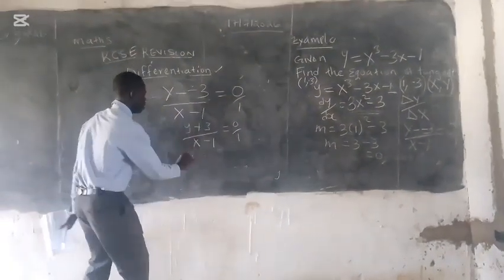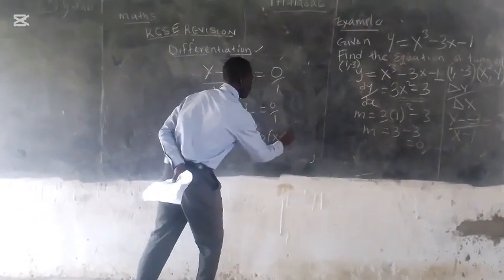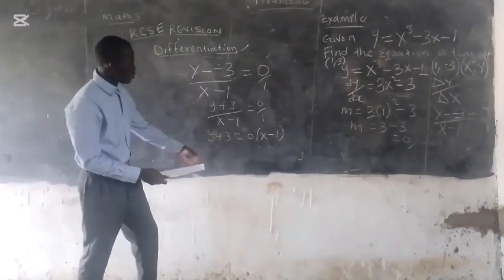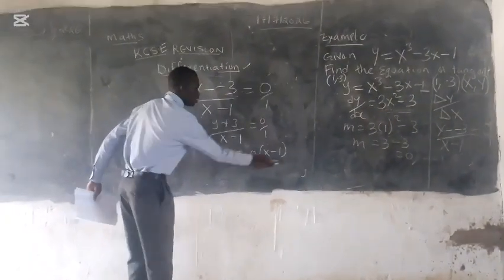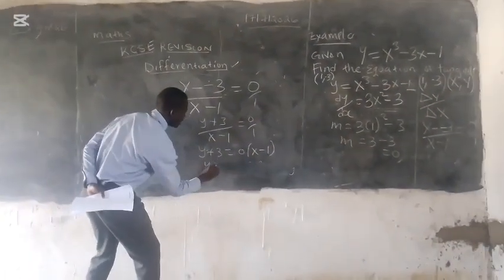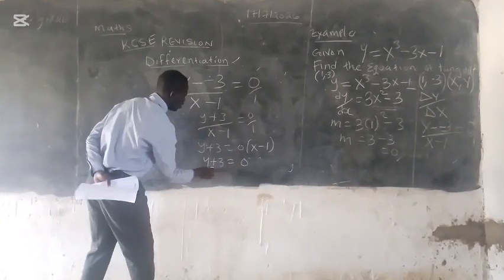So this is y plus 3 equal to 0 into x minus 1. Remember, when we multiply any number with a 0, we get a 0. Therefore, all of this will become a 0. So y plus 3 equals 0. So this is our equation